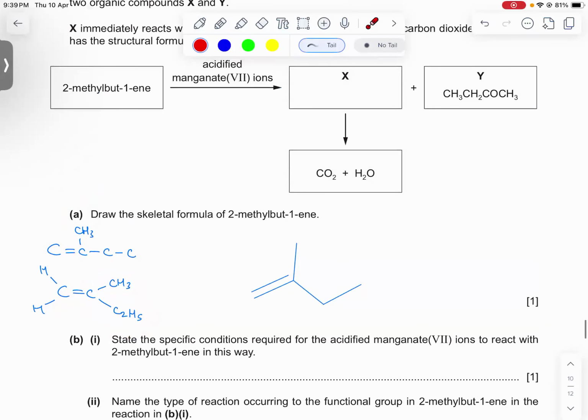And that is why we see a ketone formed over here, and we see carbon dioxide and water finally formed